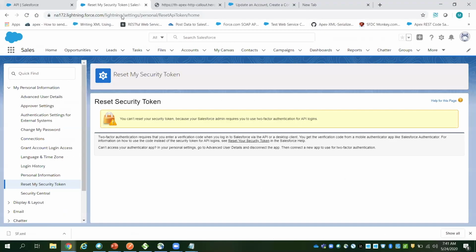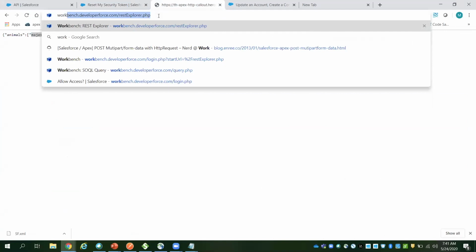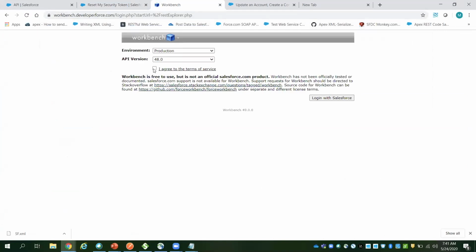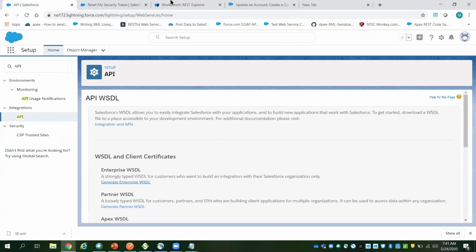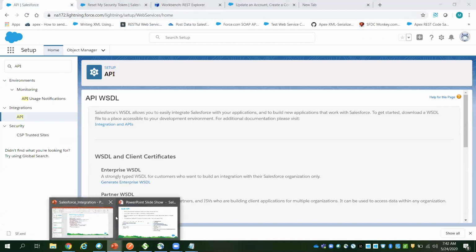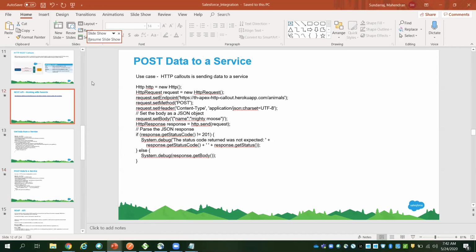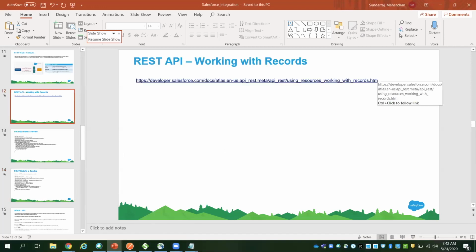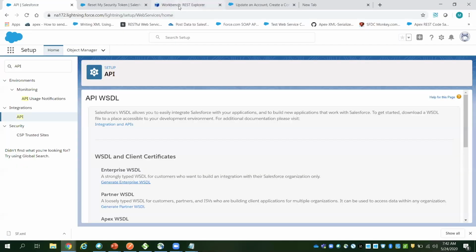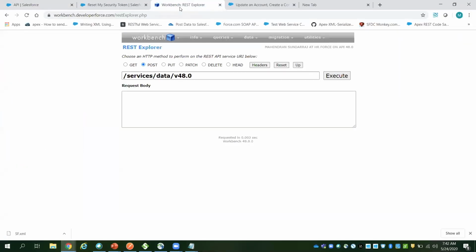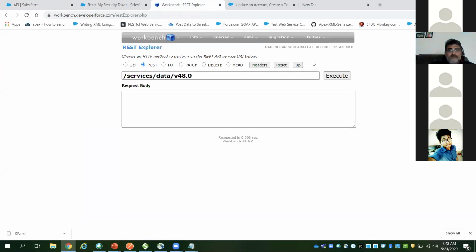Okay. And for the Bulk API, Workbench is another tool where you can generate this. Workbench is a Salesforce tool where I can create a record from here. Let me try that. This is also another simulator kind of tool. Just give me a minute.